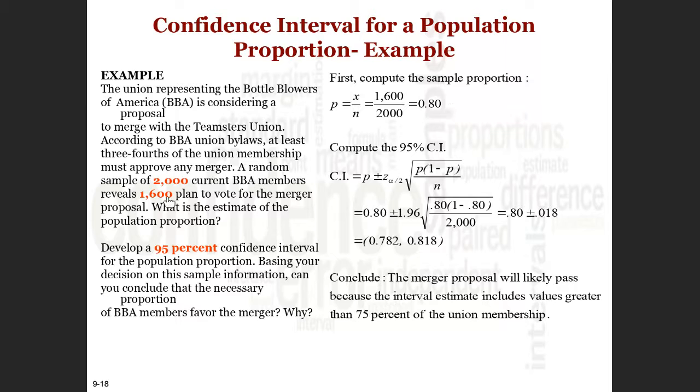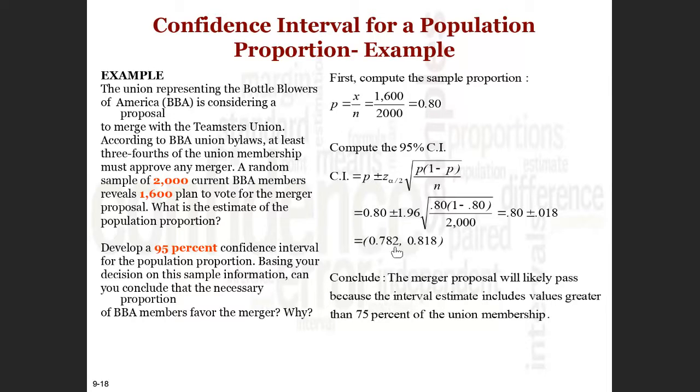You've got 1,600 plan to vote out of the 2,000, which is 80%. Now you're going to compute the 95% confidence interval using the Z-score because the sample is large. So we can do that. The formula for the confidence interval: we have 0.80, that's our proportion, plus or minus 1.96, that's for the 95% confidence interval, times the square root of 0.8 times 1 minus 0.8 divided by 2,000, equals 0.8 plus or minus 0.018 equals